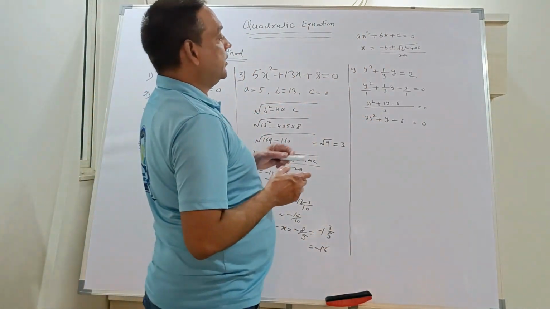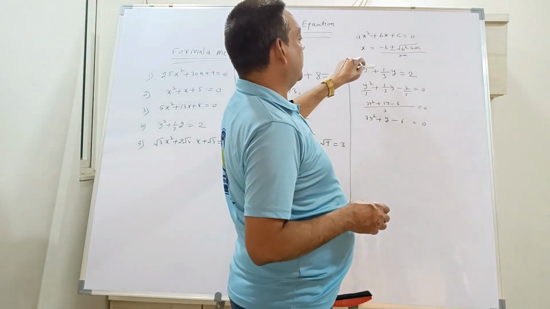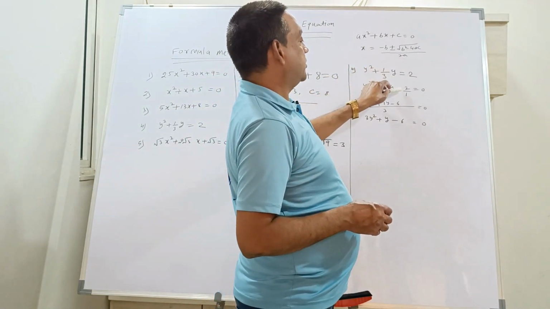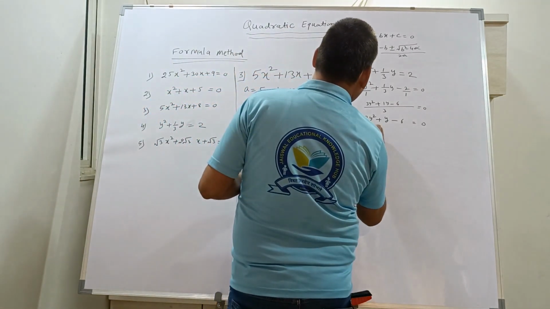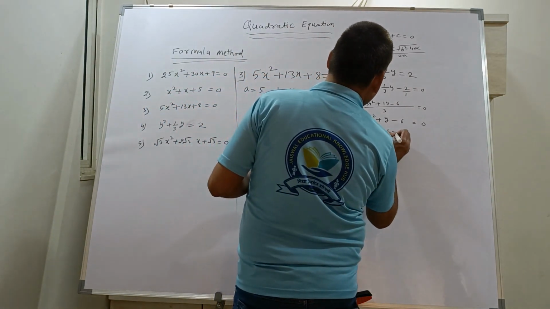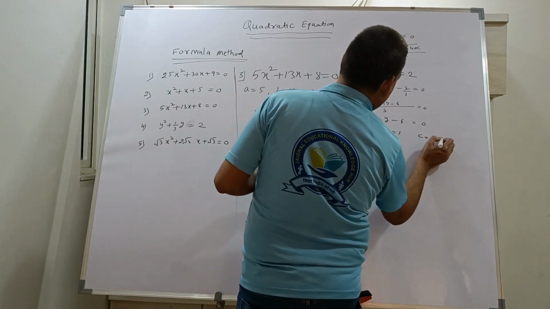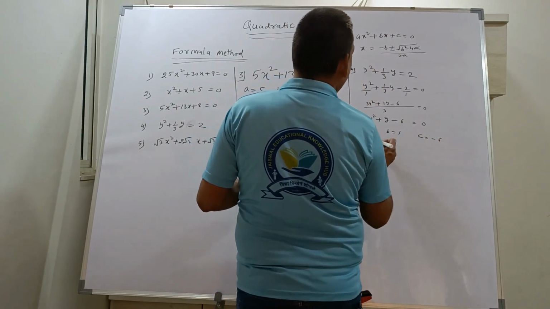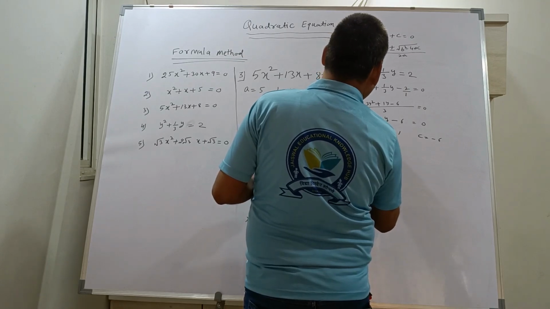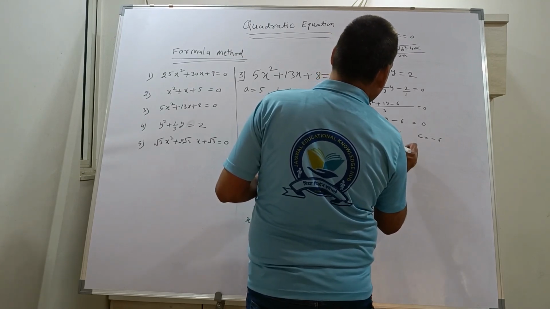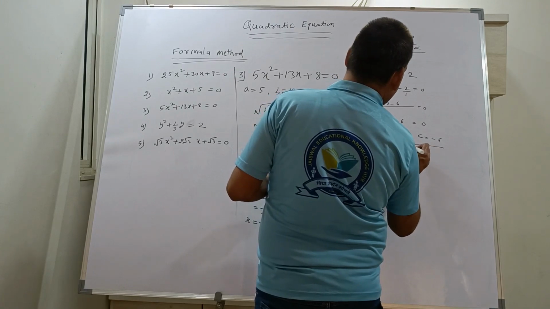We can solve here also by taking a is equal to 1, b is equal to 1 upon 3, and c is equal to minus 2, but this becomes more simple now. We have a is equal to 3, b is equal to 1, and c is equal to minus 6. So now we have the equation. First we'll find out b square minus 4ac,